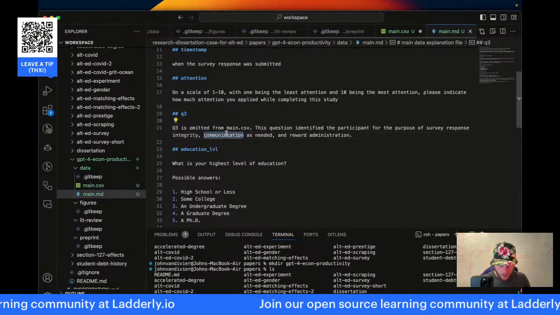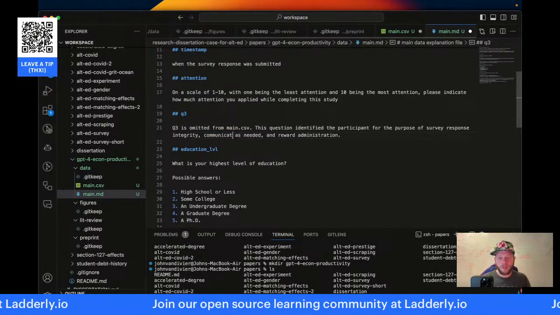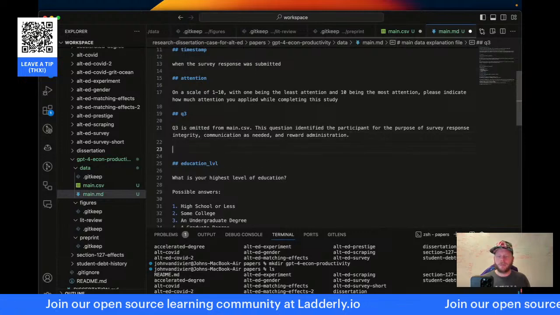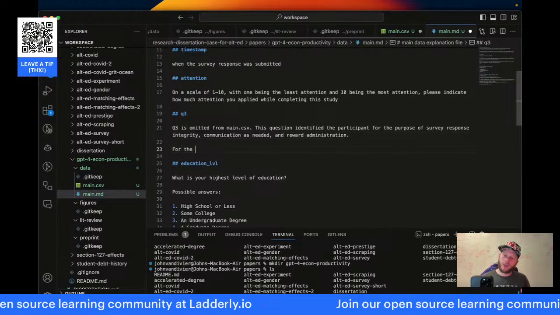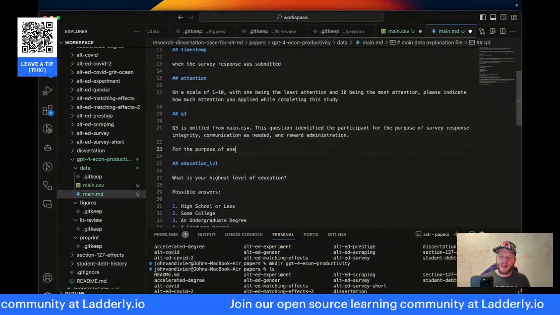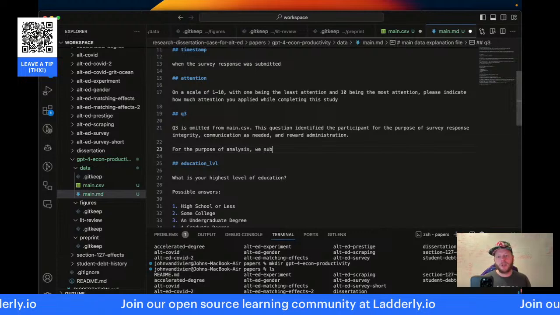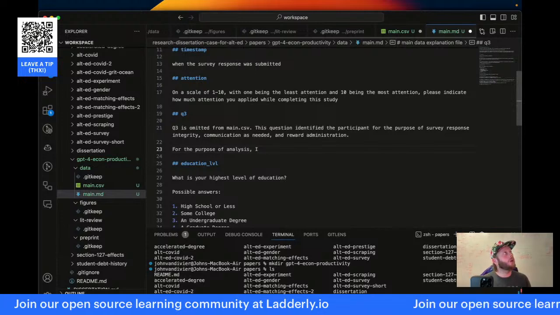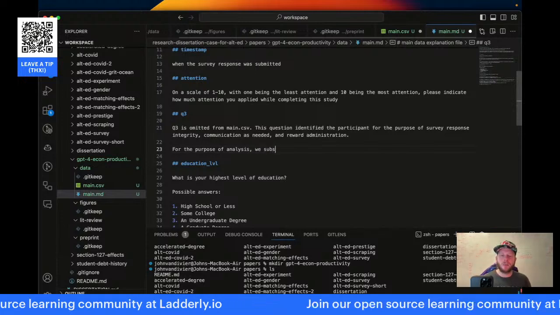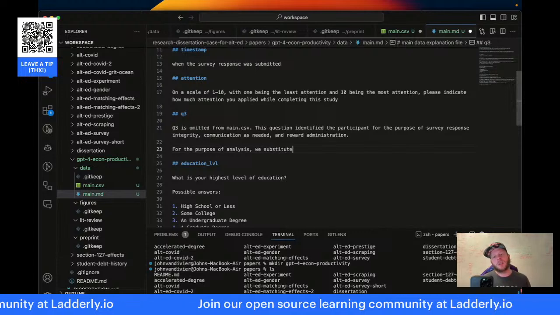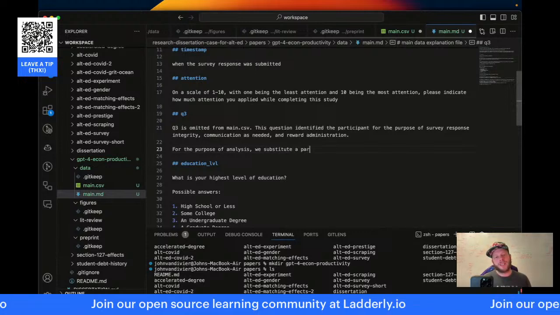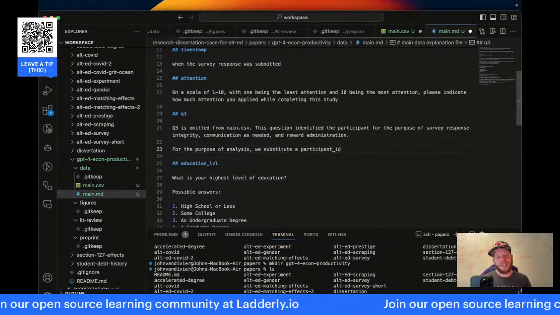Oh, I misspelled communication. Communication and reward administration. For the purpose of analysis, we substitute, well, no, there's a co-author. We substitute a participant ID,